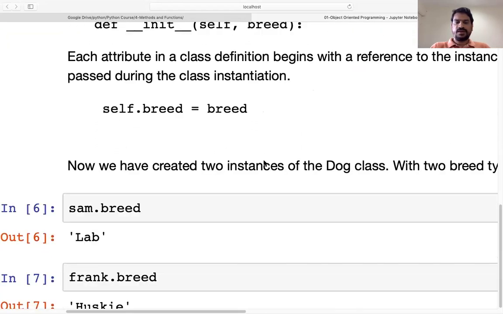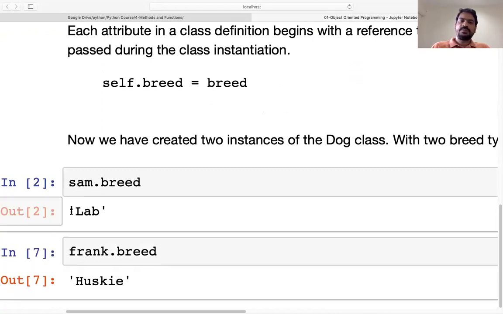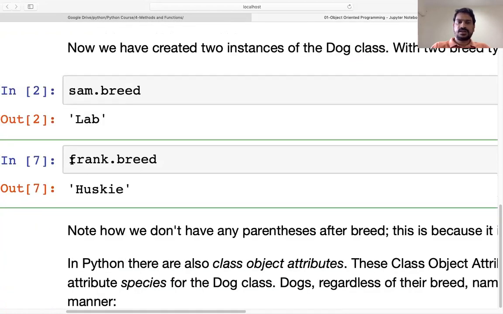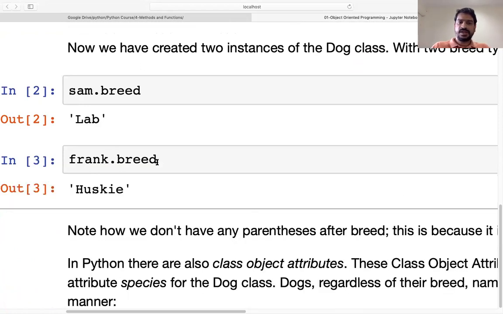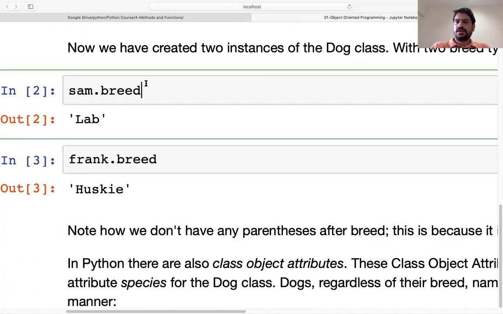So let's see, and we'll call it. If we call sam.breed, it will give you Labrador as output. And when we find out the attribute of Frank, what is the attribute? The attribute is breed. So when we call the Frank object's attribute, we have to do it like this. Let me tell you, this is not a method.